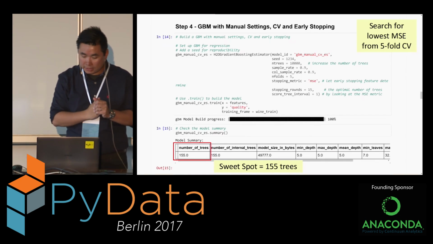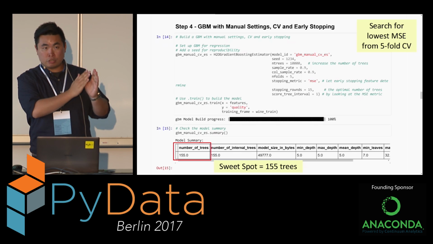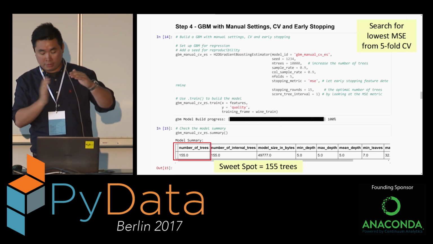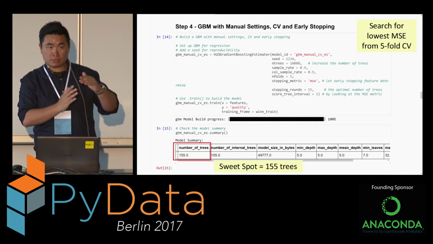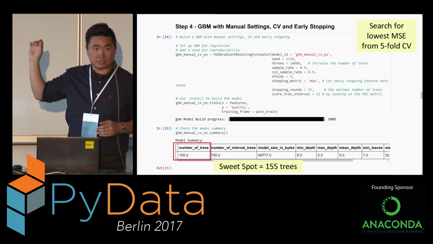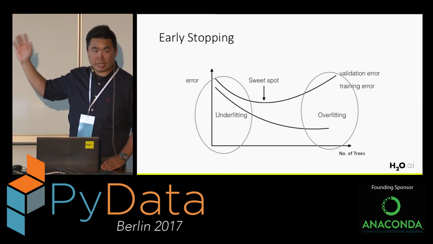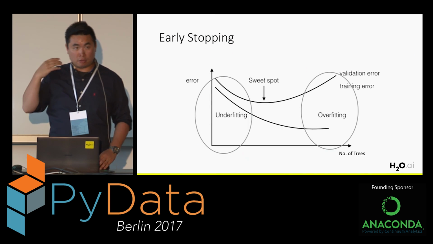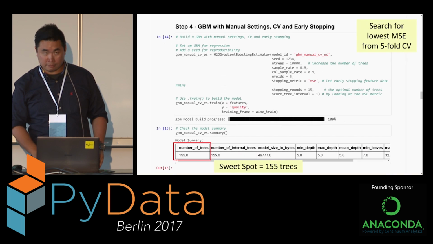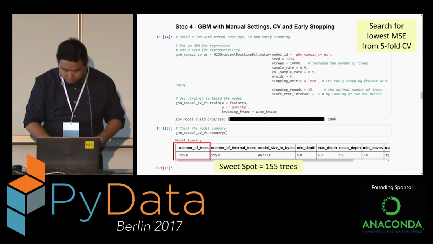So that's what we have here, and once you run this model, H2O will just start looking at the performance every time. And once we have found a sweet spot, this time we find that the number of trees is 155. So that is the sweet spot where we want to stop the model. So that is H2O doing this job automatically for you in the background, so make sure that you can just get the best model at that point in time.